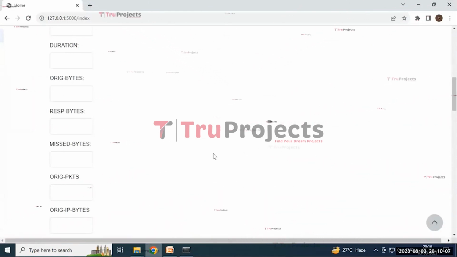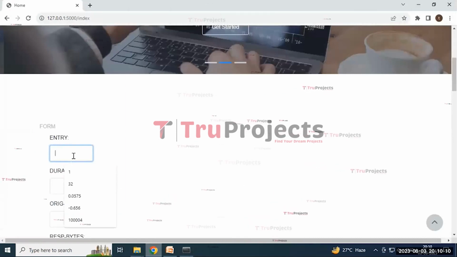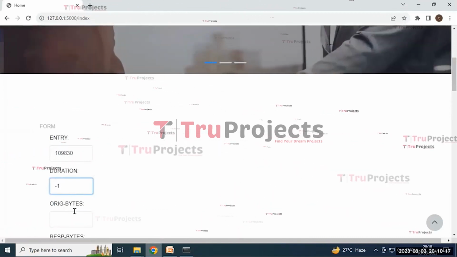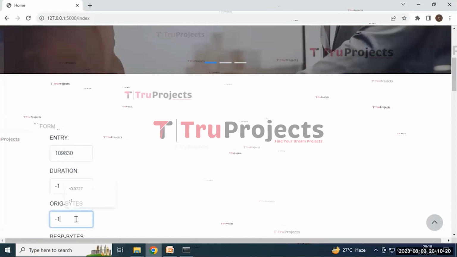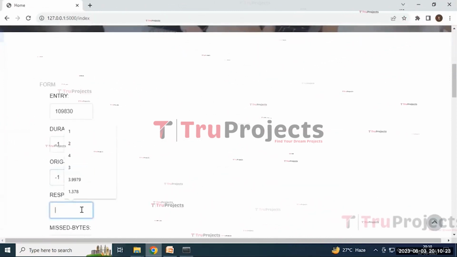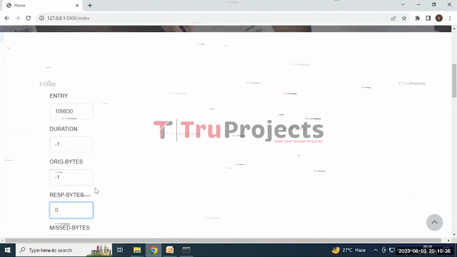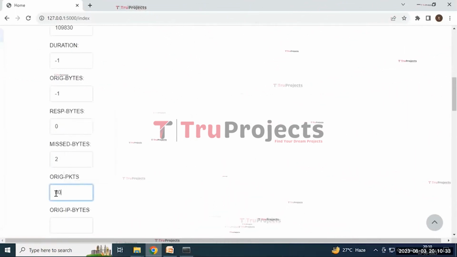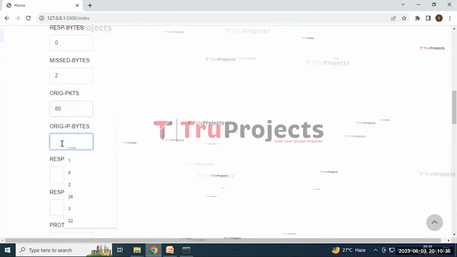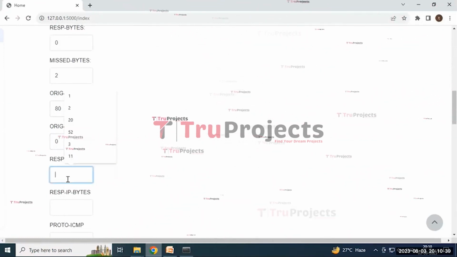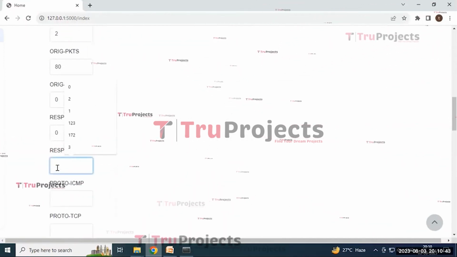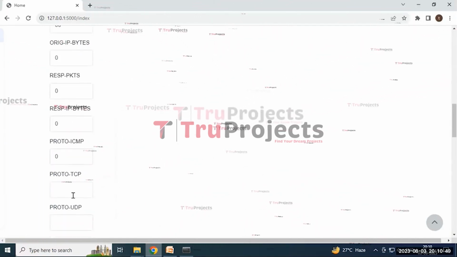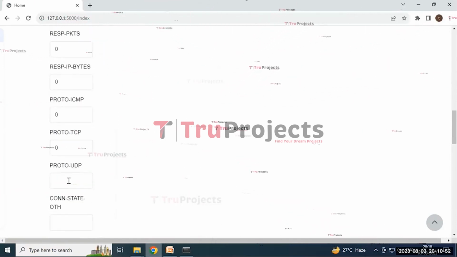I'm entering the other details as entry with 109830, and the duration is -1, and the original bytes is -1, and the response bytes is 0, and the missed bytes is 2, and the original packets is 80, and the original IP bytes is 0, and the response packets is 0, and the response IP bytes is 0, and the protocol ICMP is 0, and the protocol TCP is 0, and the protocol